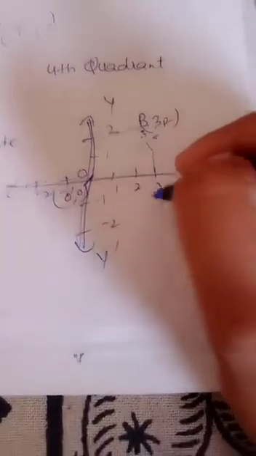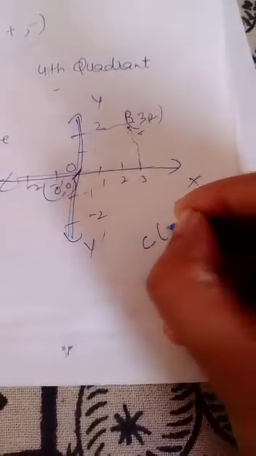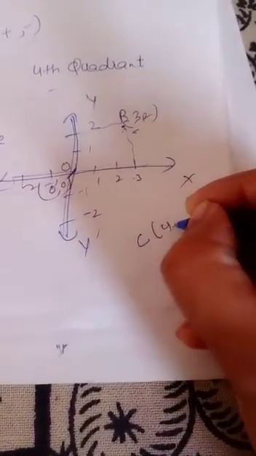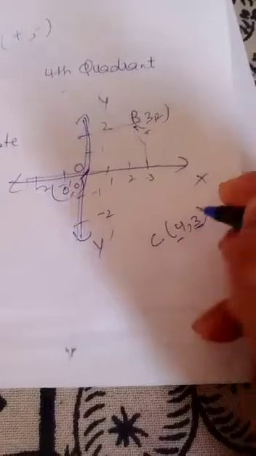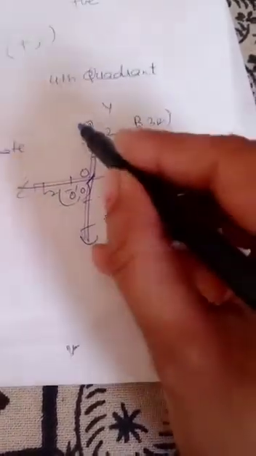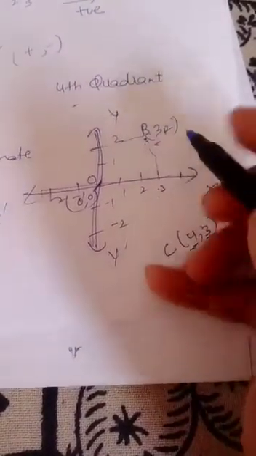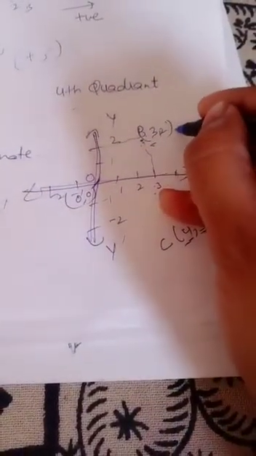In the same way, if we have to plot any point on the axis, suppose we have been given a point C and its position is given as (4, 3). It means it is 4 on the x-axis and 3 we will take on y-axis, and where both the lines 4 and 3 intersect, that will be the position of C.